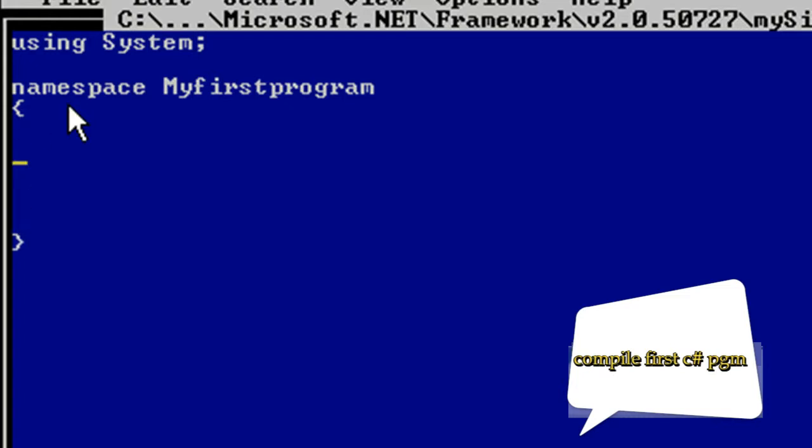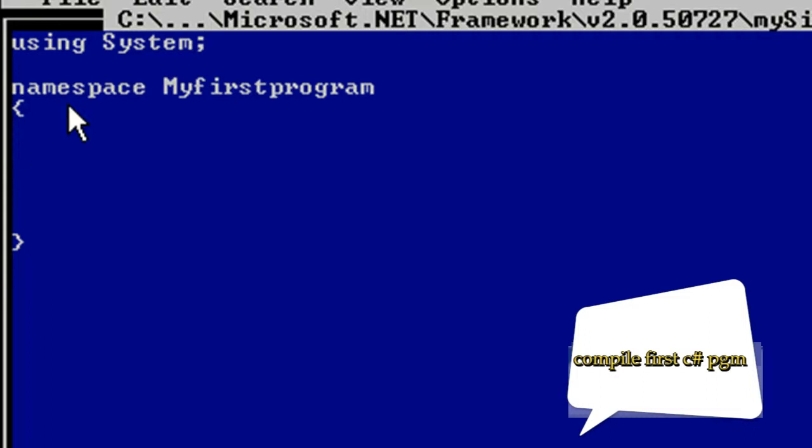Now inside the namespace, we need to write our class. I'm going to explain what a namespace is and what a class is later on. The first thing we need to do in this program is just get what can help us to get the first program running. So don't get carried away or dejected by seeing keywords like using namespace. The first thing we need to do is get our program ready.